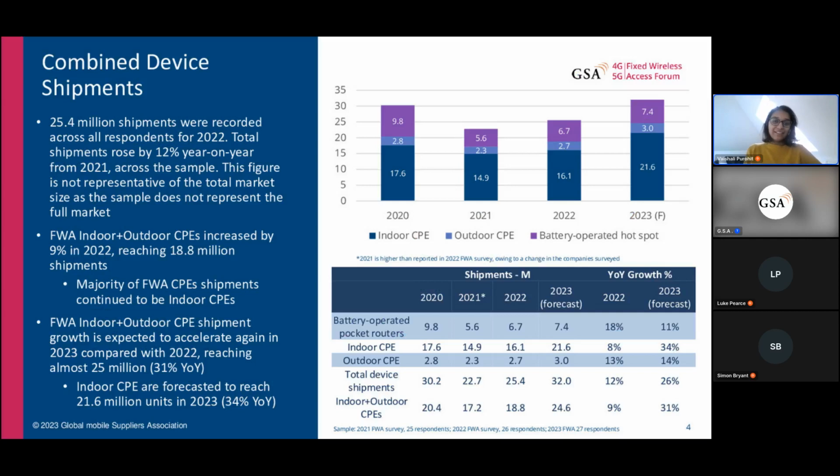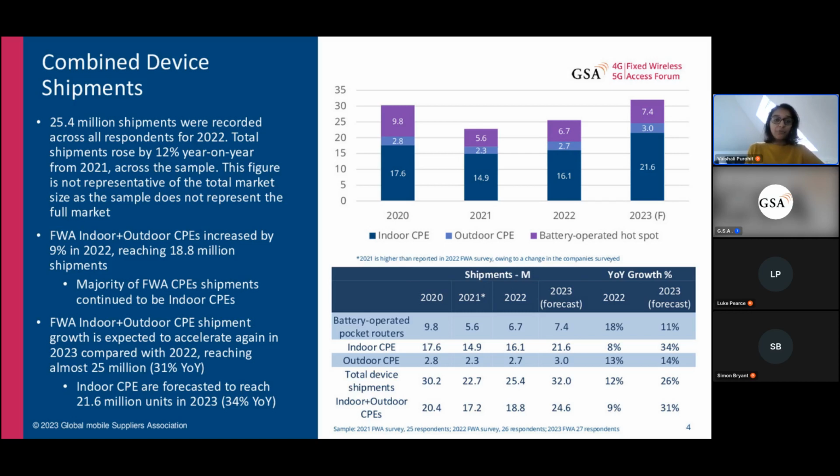Fixed wireless access delivers high-speed internet to specific locations using wireless 4G or 5G mobile technology without the need to run physical cables like fibre optic or DSL lines. It's a popular topic at the moment in our industry, with many operators leveraging their existing 4G and 5G capabilities to provide broadband services using this method.